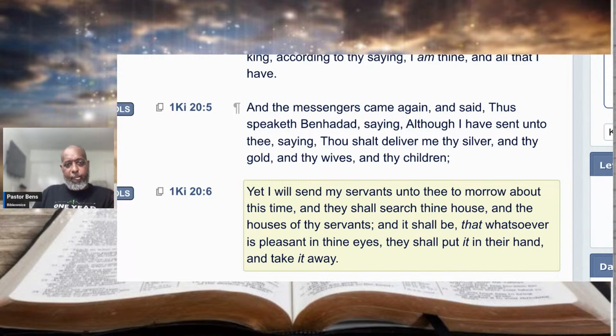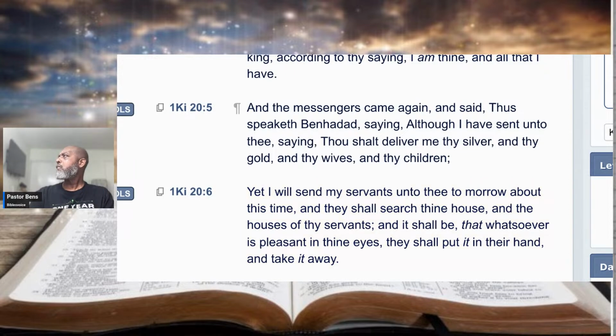Guys, I don't have to tell you that the moment you turn your back on Yah, what you are doing is you are taking everything that you hold precious, that you hold dear, and you're putting it in the hands of the enemy. Come on and go with me here. Now, some people say, well, I haven't turned my back on Yah. I still, listen carefully. You turn your back on Yah when you refuse to keep his commandments. Come on and go with me.